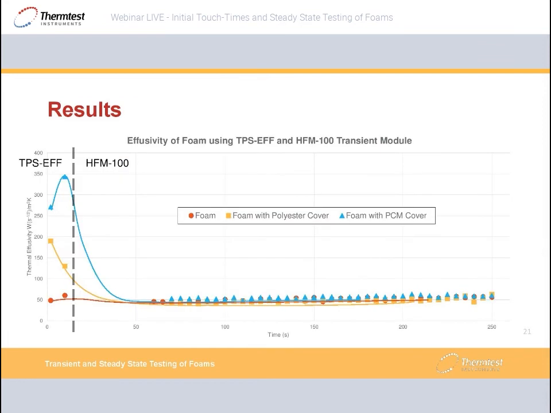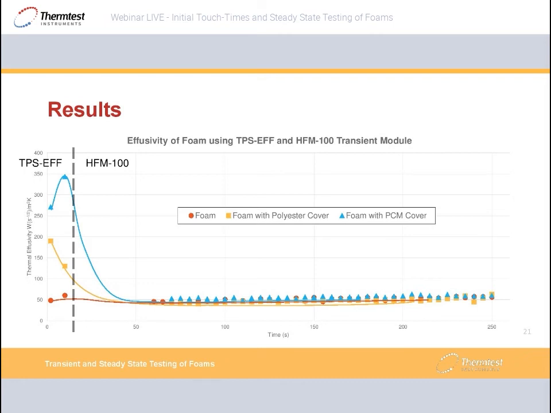What did we find? Well, I'll break this graph down a little bit. So we measured the effusivity of foam using a transient plane source effusivity meter. Now, if you look at this dotted line further on the left, the first 2 points at 2 and 10 seconds, these were recorded with the effusivity meter. And then on to the right of this dashed line, the remainder of these points were recorded with the HFM